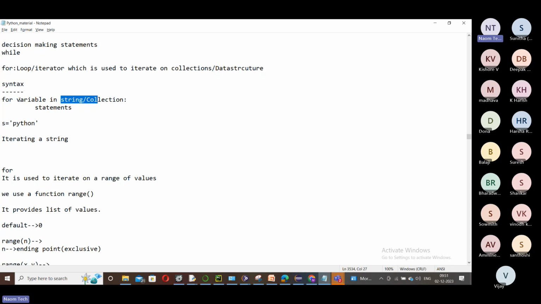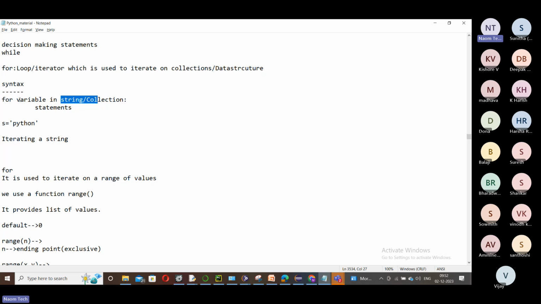This is simple syntax. No incrementation, no decrementation, no step statement here, because that is automatically taken care of by the for itself. Again, you can ask me a question: where is the initialization? For this, you don't need any initialization. Initialization is automatically set by the for itself.